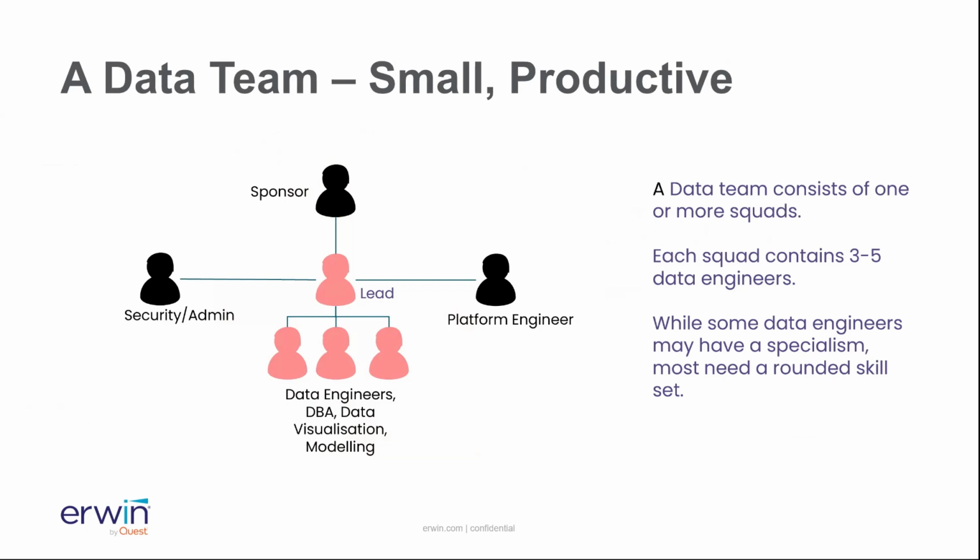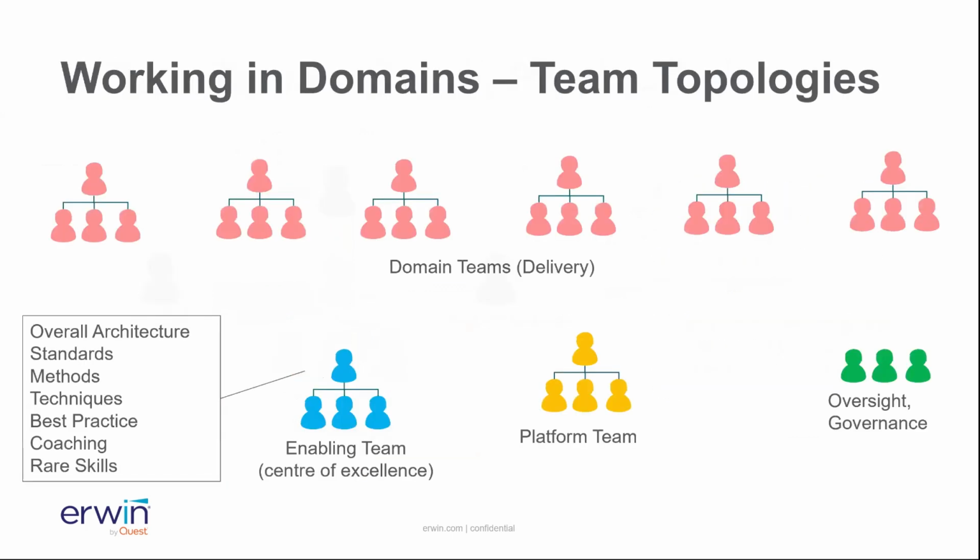And as we're working across multiple teams, we would move out to something like this, which is based on the team topologies approach to design. You'd see across the top there, we've got a number of delivery teams. We would have potentially a center of excellence in the mix, whose job it was to promote good practice across those teams and to enforce standards and so forth. Platform team providing the self-service platform that the teams will be using, and governance as well, very important across the top, making sure everything fits together.